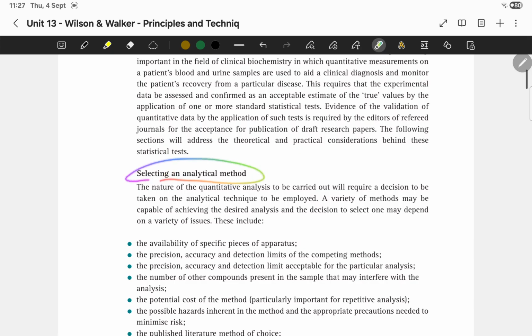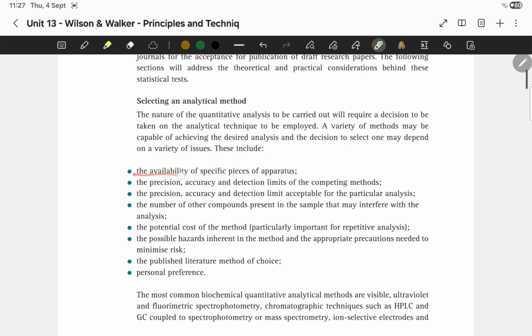Selecting an analytical method. The nature of the quantitative analysis to be carried out will require a decision to be taken on the analytical techniques to be employed. A variety of methods may be capable of achieving the desired analysis, and the decision to select one may depend on a variety of issues. These include availability of specific pieces of apparatus, the precision, accuracy, and detection limits of the